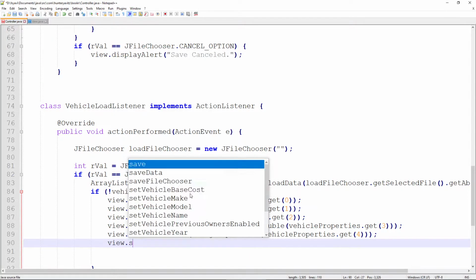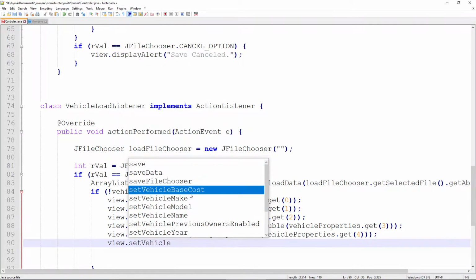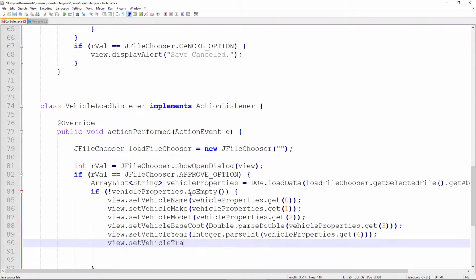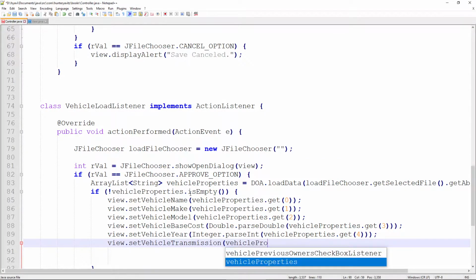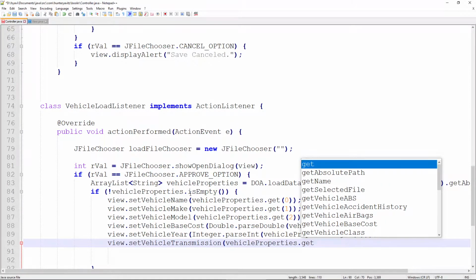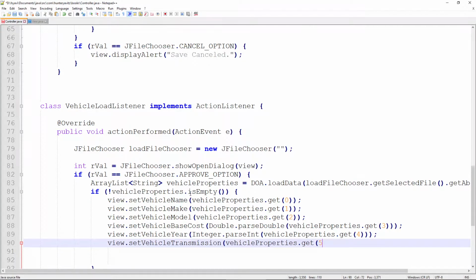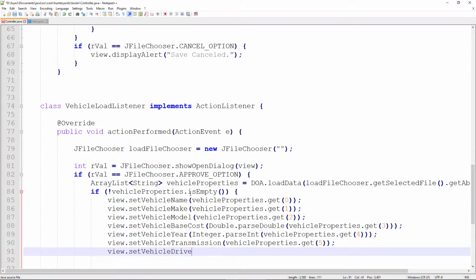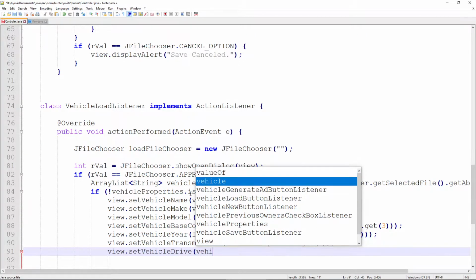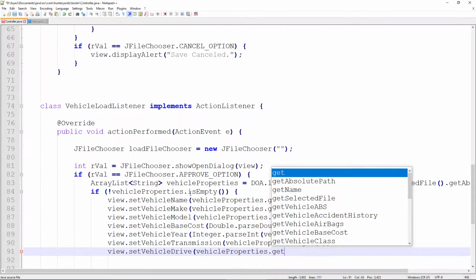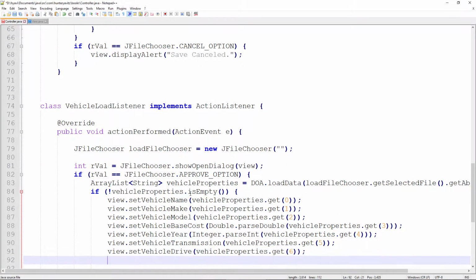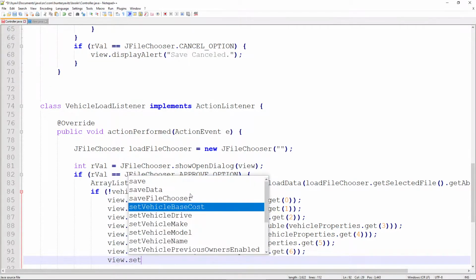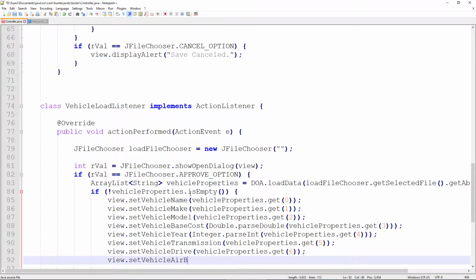After that, we're going to do view dot set vehicle transmission, and that's going to be found under the vehicle properties dot get 5. Then we'll do view dot set vehicle drive, and that's going to be vehicle properties get 6. Next we'll do view dot set vehicle airbags, and this we're going to need to convert to a